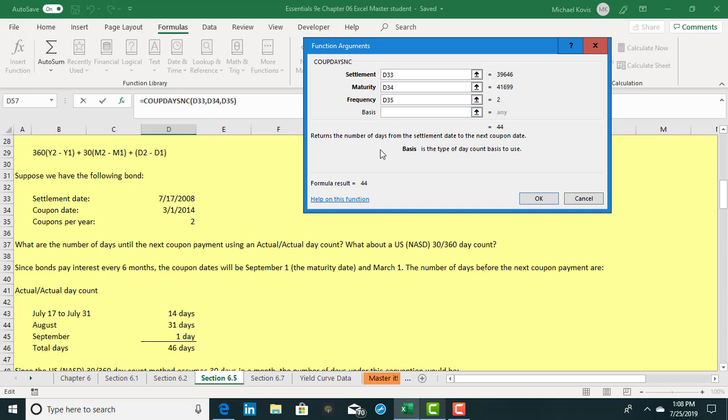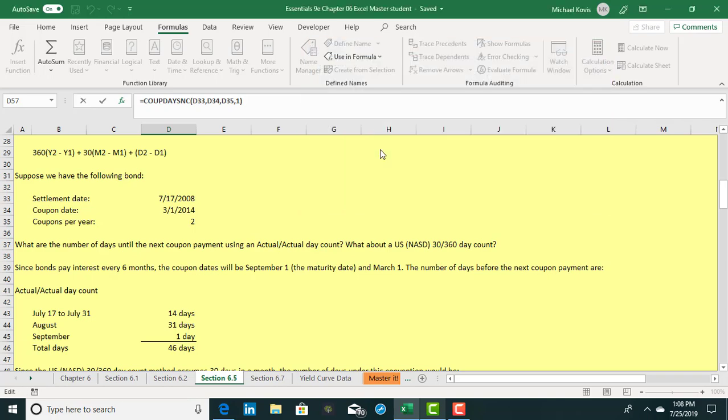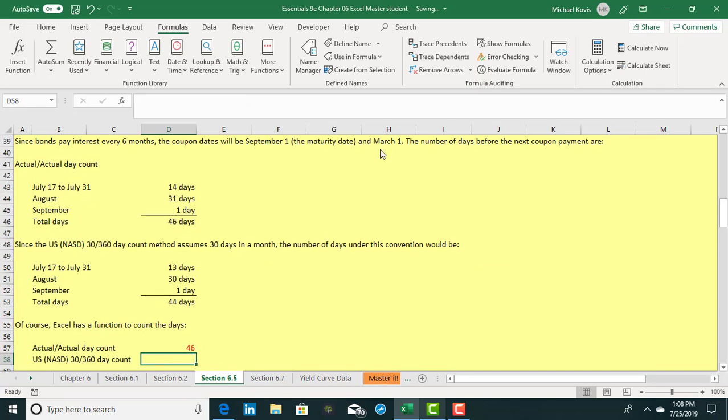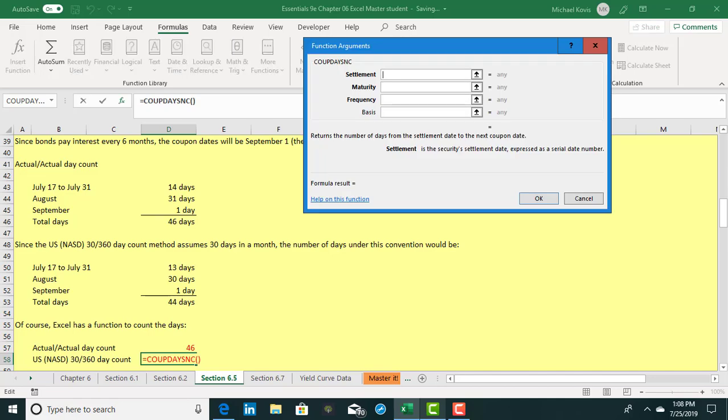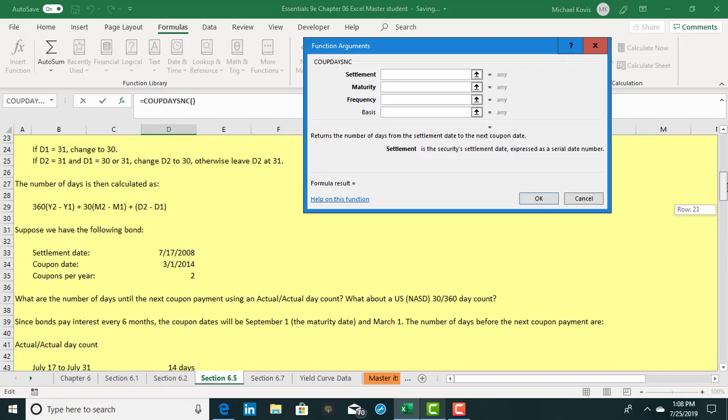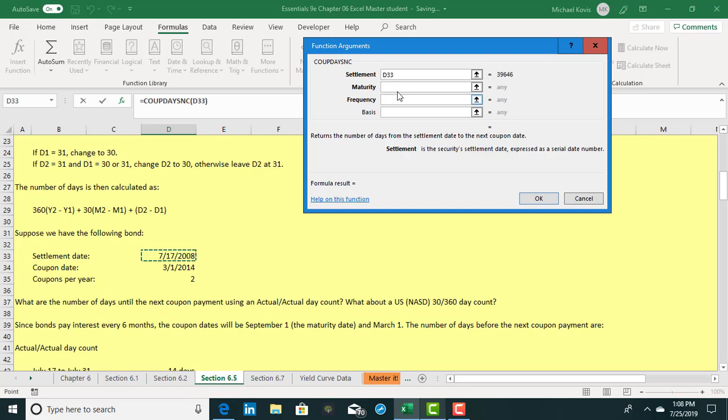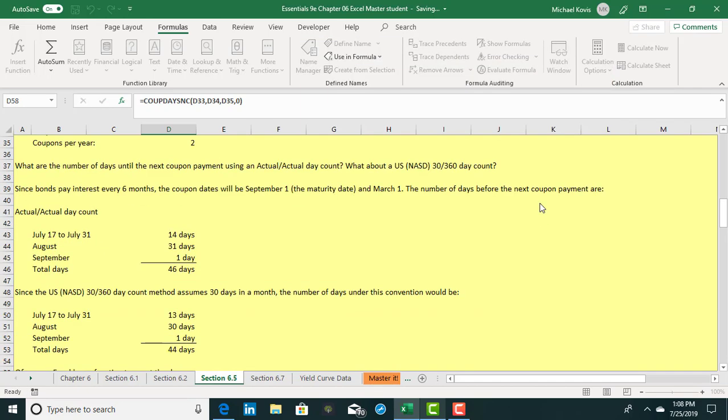If I go equal sign, and I use that same formula, settlement date, C, and then the basis. If I plug a 0 in, that is going to use 30 days in a month, 360 days in a year calendar, which, if you remember, we looked at the FINRA website. We were looking at bonds, and that was one of the things that they mentioned, that's how they calculate